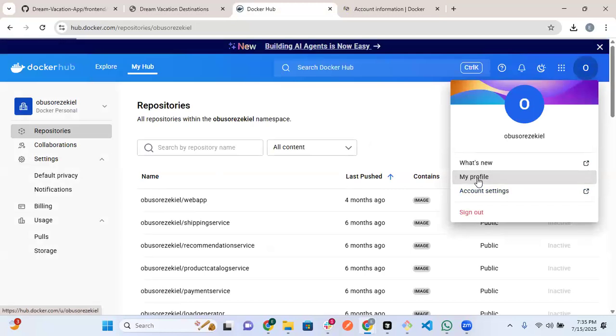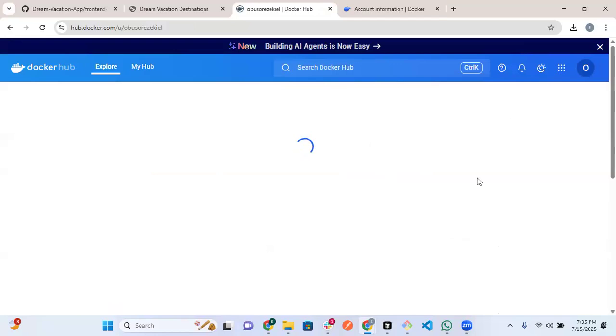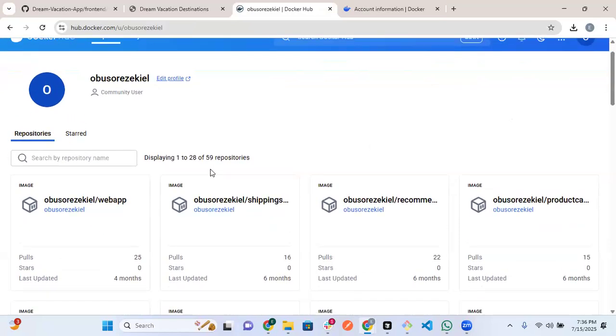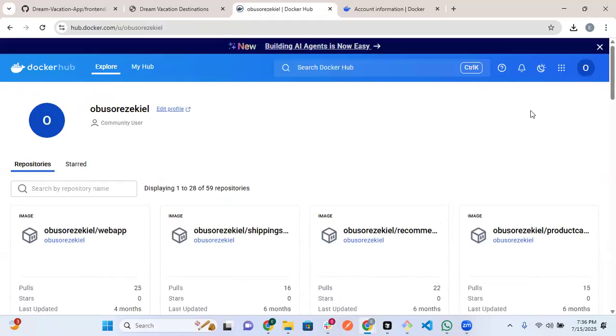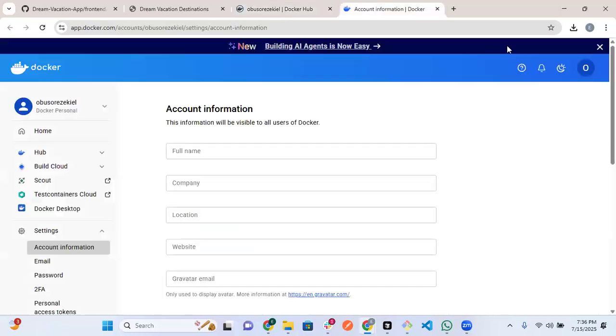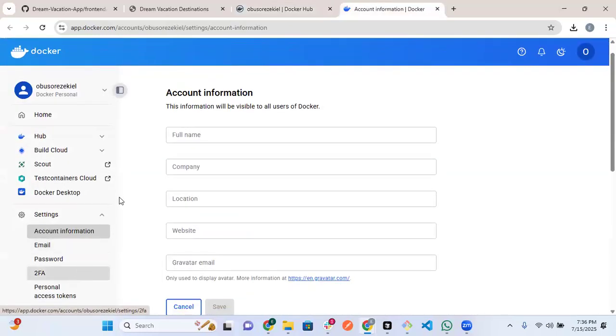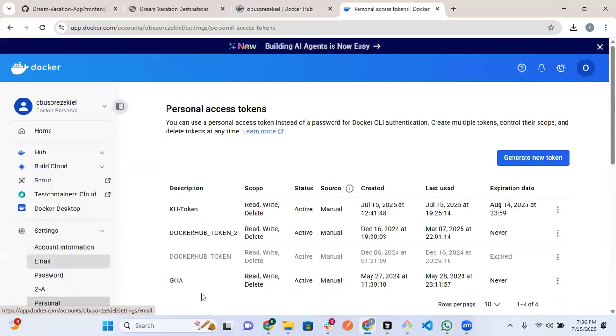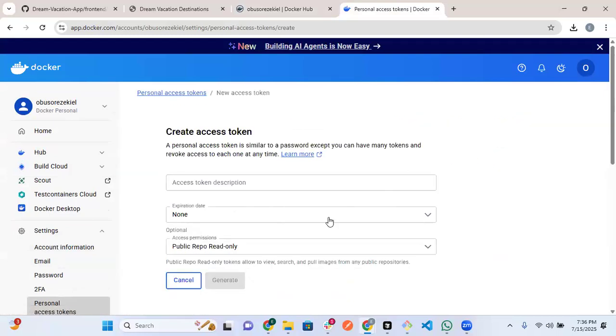Once you go to profile, you see all the profiles and everything. Okay, I think it's even in this place. There's account information. So instead of my profile, you go to account settings here. Then you see personal access token. You have to generate your own. When you generate a new token,